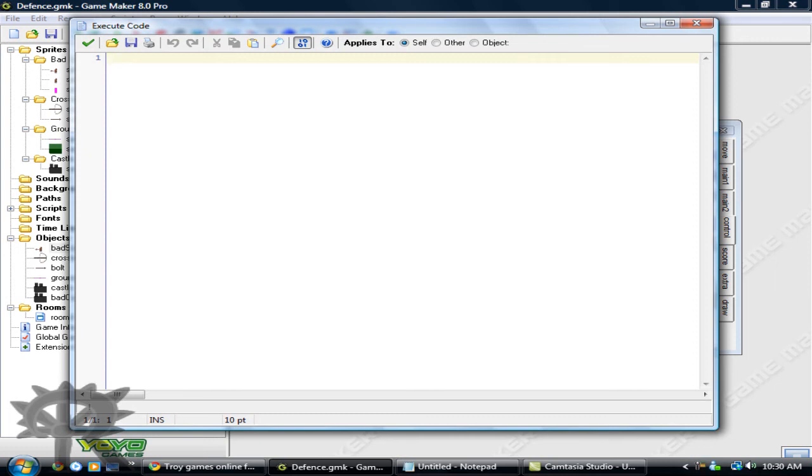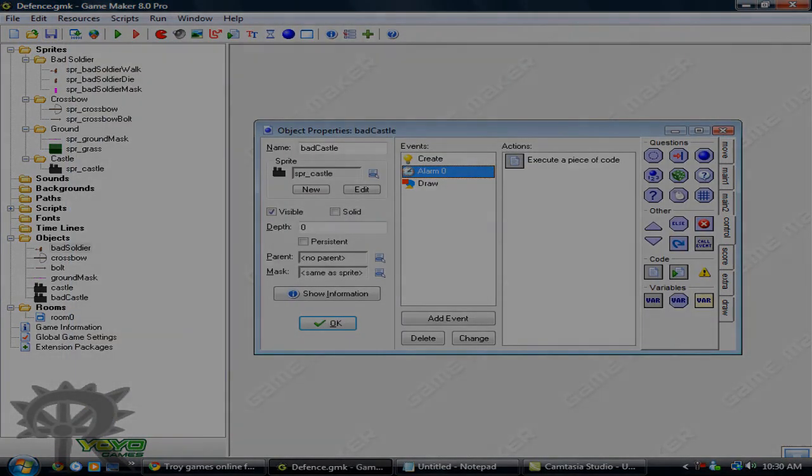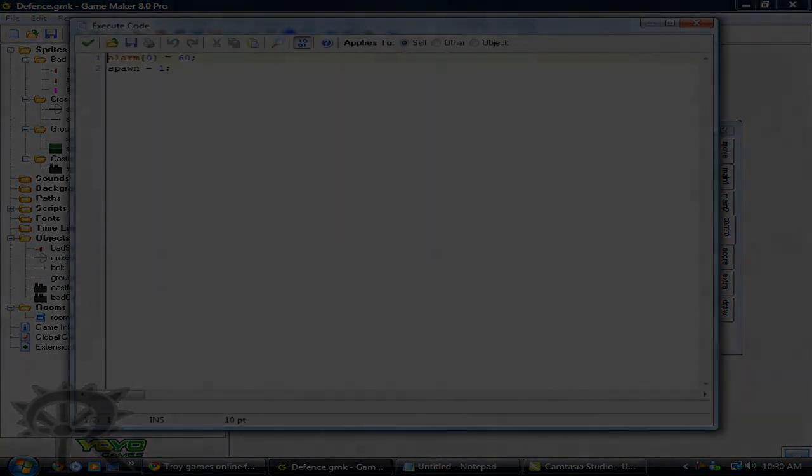So now, first of all, I'll put alarm 0 is equal to 60 again. That means alarm 0 will run again. It will activate in another 2 seconds. So it keeps on looping. And we're going to put spawn is equal to 1. You may think, why would I want to put spawn is equal to 1 every 2 seconds? But we're not finished yet, so just wait. Now go